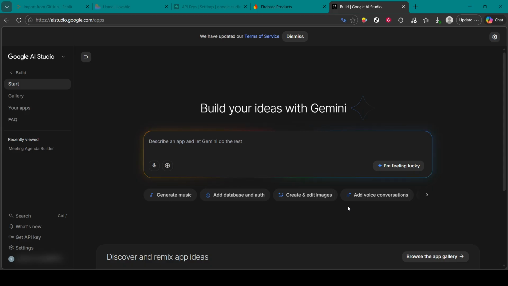Start by opening your browser and going to the Google AI Studio build page. This is the main workspace where you create and manage your apps and prompts. If you're not already signed in, you may be prompted to log into your Google account before the page fully loads. Once you're on the build page, look toward the top area of the interface for the gear icon or